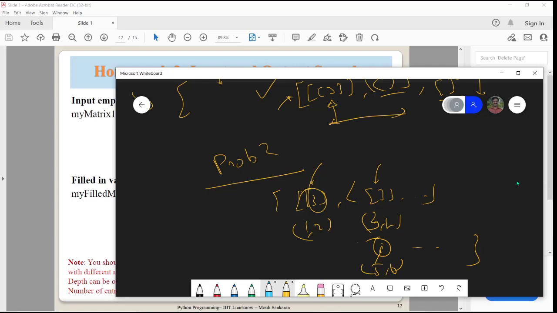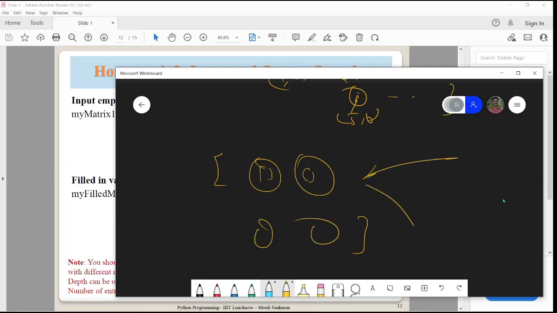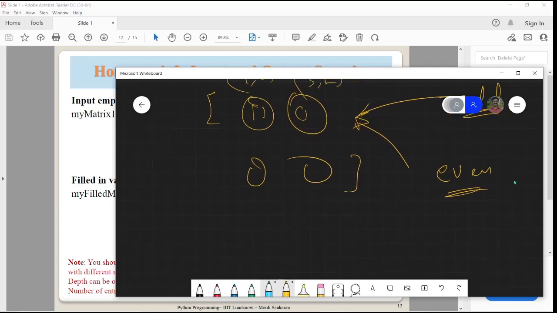What I want to do is, if you have a list with that kind of entries, the number of entries that you need to fill could be either odd or even. The number of entries that you need to make, which is 1 comma 2, maybe this is 3 comma 4. How many such entries are there where you need to fill up the values? It could be an odd number of such entries, or it could be an even number of entries. Now, I want your implementation, which you need to write as another function,